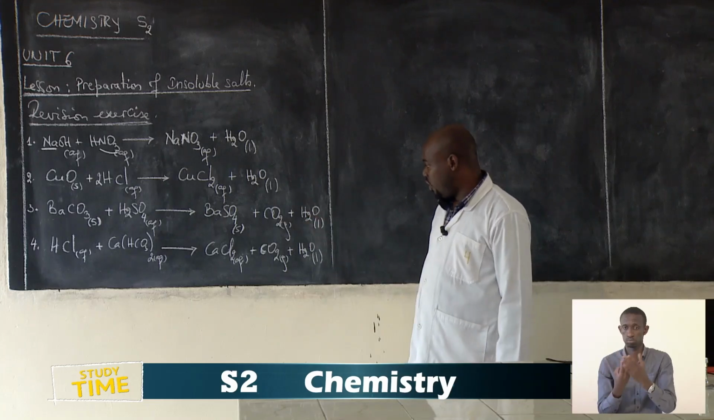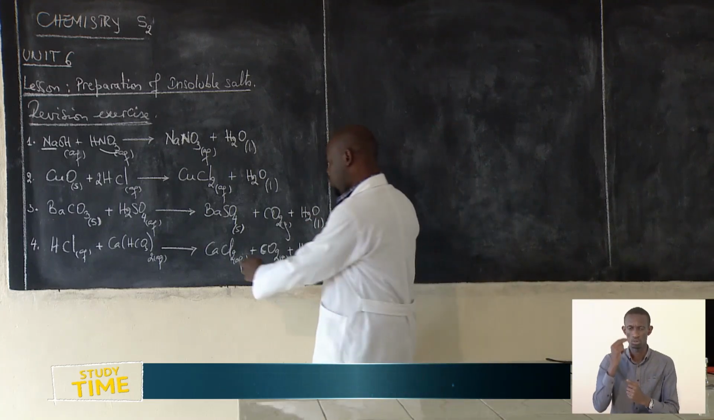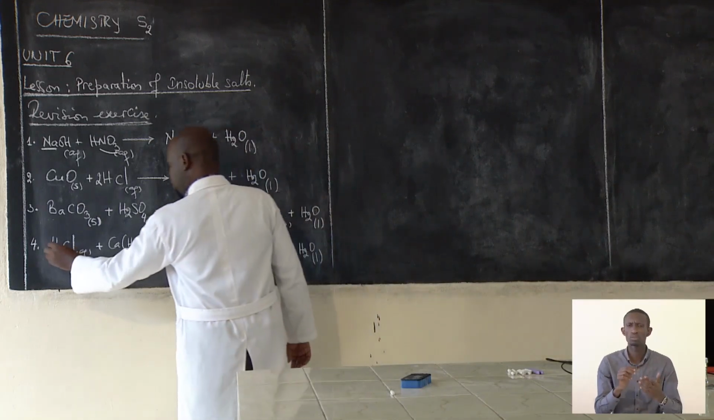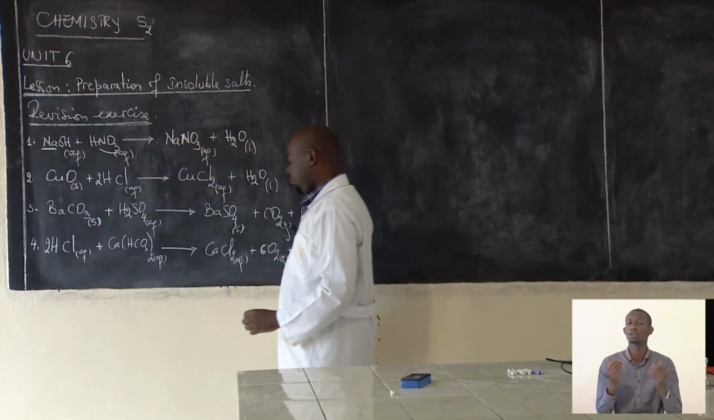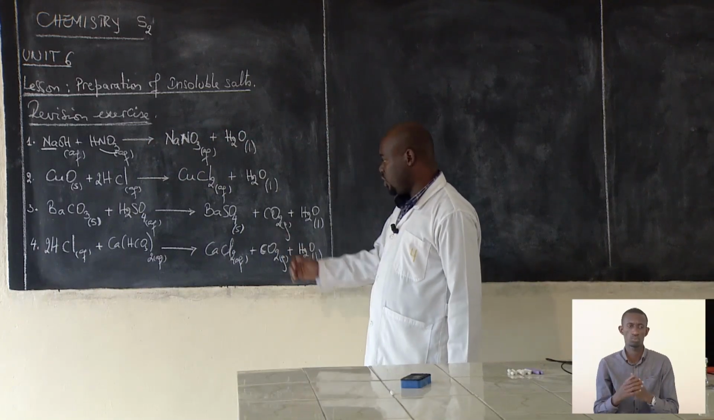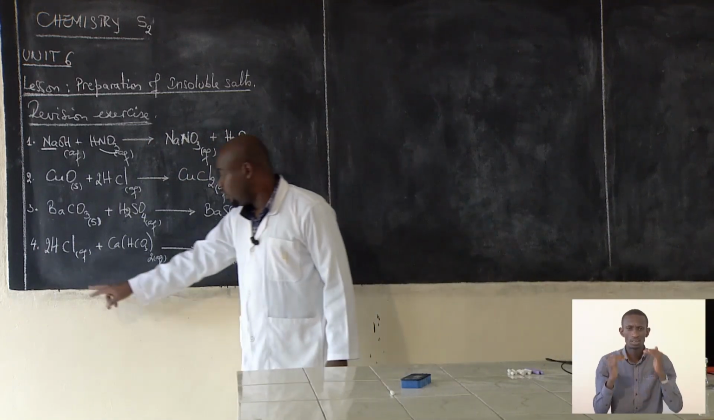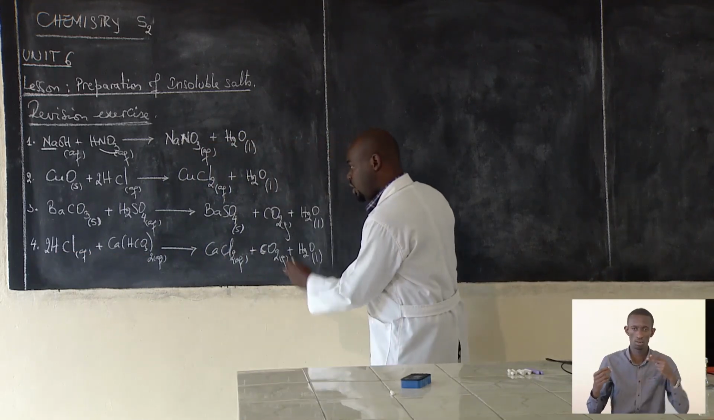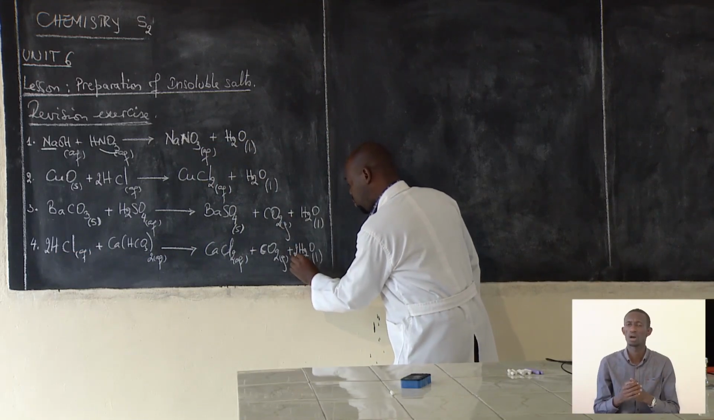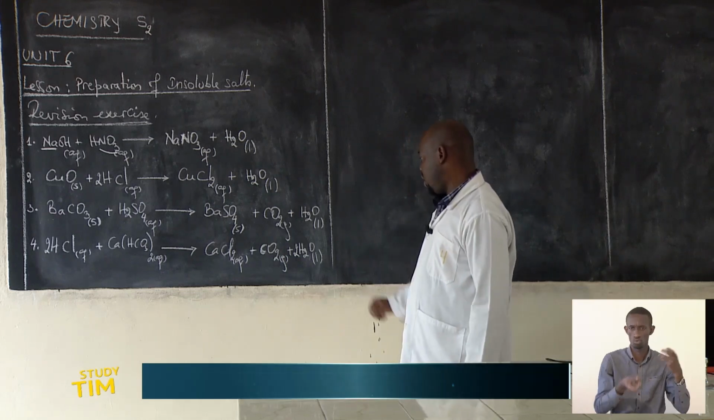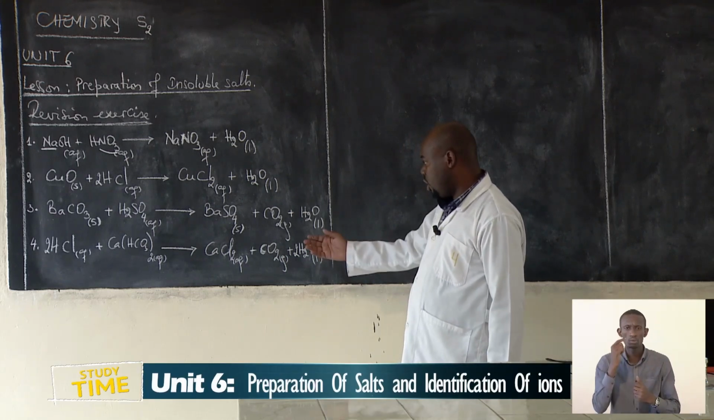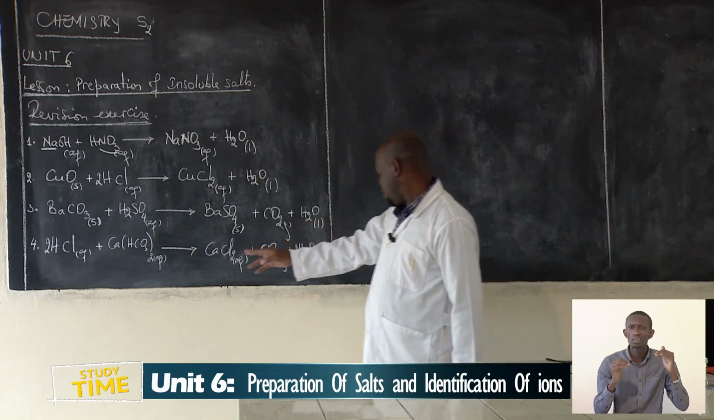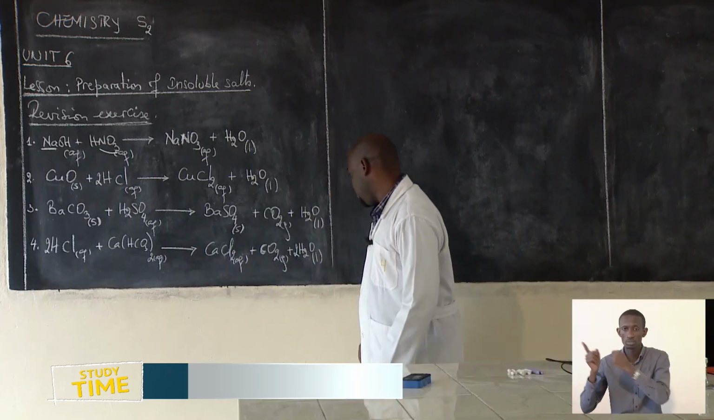Now we check if our equation is balanced. Here we need 2 chlorine atoms, so we use 2 there. And then we check if our equation is balanced. Here we have 2 hydrogen atoms, and here we have 2 hydrogen atoms. So we need 4, and then we put 2 here. Now we check if this is balanced. For the oxygen atoms, we have 6, and here we have